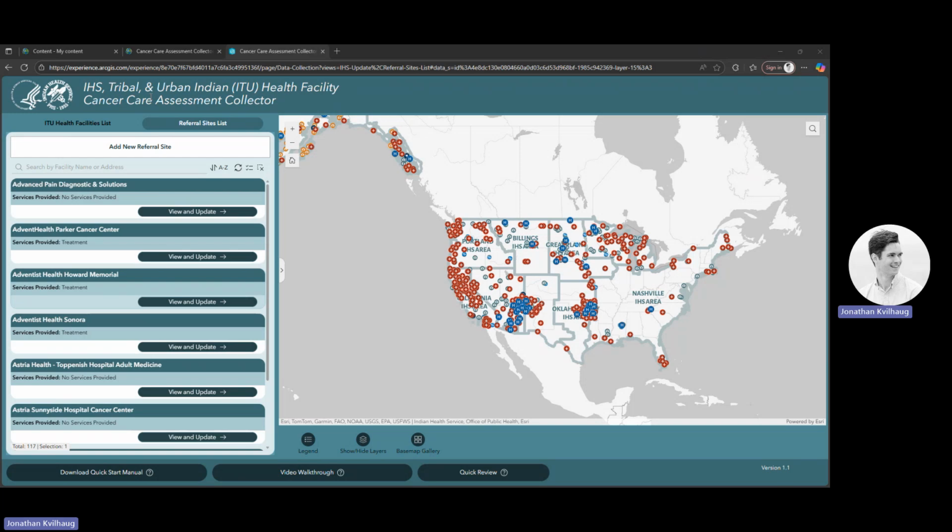This tool, as you've seen in the first video, a tour of how to use this application, and the second video, referring to reporting information for ITU health facilities, allows you to understand how to appropriately report information about cancer care services. This third video is specifically focused on the referral sites, locations and health practices that are not IHS affiliated, but that are a part of the network of support for cancer services, often with a referral relationship from